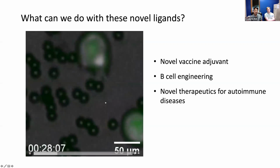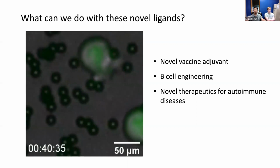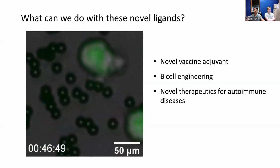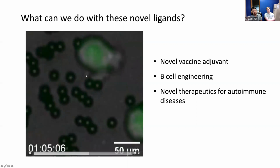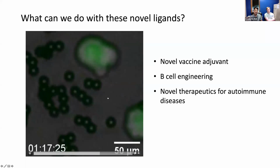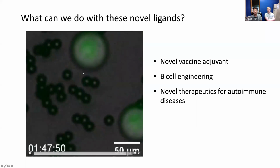And look at this, the cells are touching the beads, and because of the ligands coded on the beads, it interacts and gets the signal, right? It is almost like touching and sensing. And then it is showing the typical behavior when these T cells are fully activated. It becomes round shape and then resting. So it was an